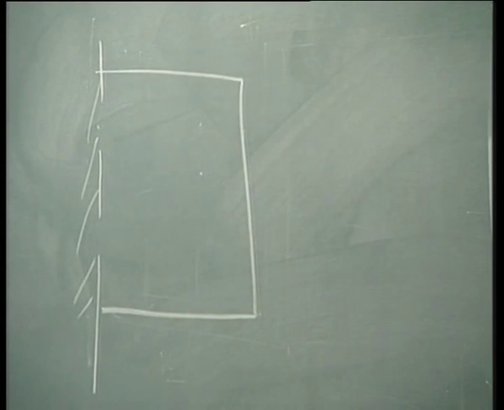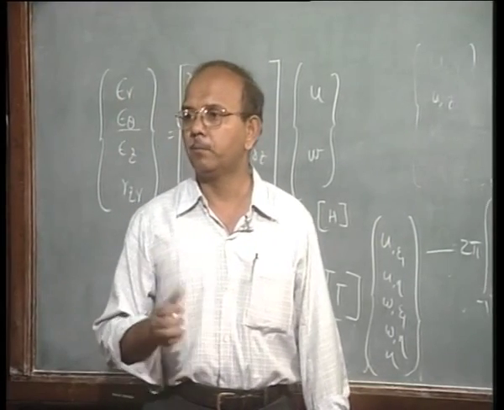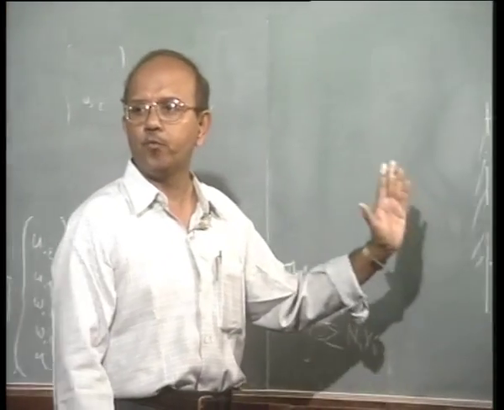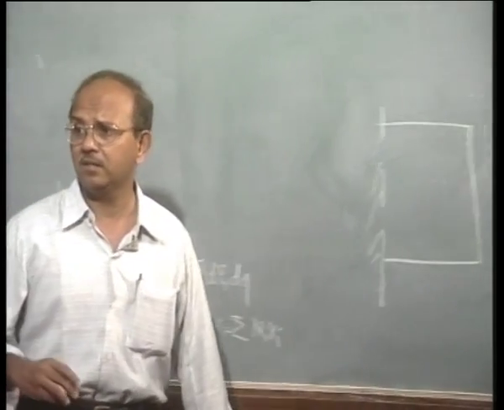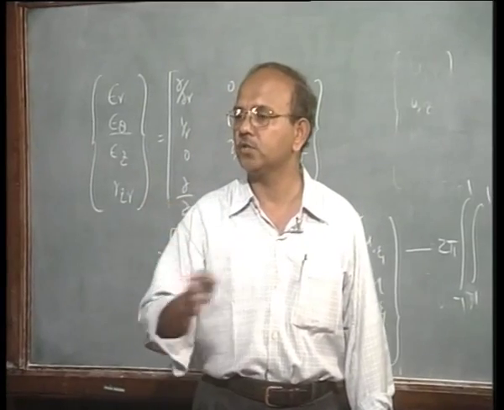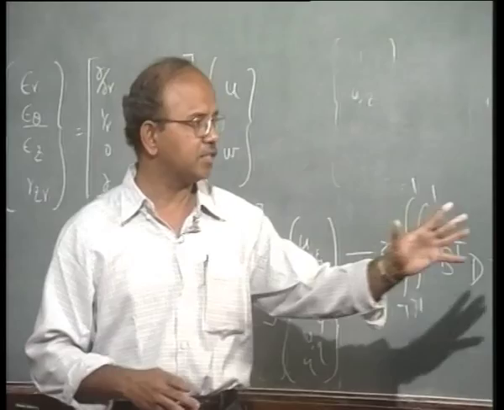Is it clear? Okay, the radius part, in the radial direction, of course, in the R direction. But usually it is recommended that you fix the nodes at R is equal to 0 in the R direction, that is, R is equal to 0 line, that axisymmetric line, is the R is equal to 0 line, and it is important that you fix this R is equal to 0 line,